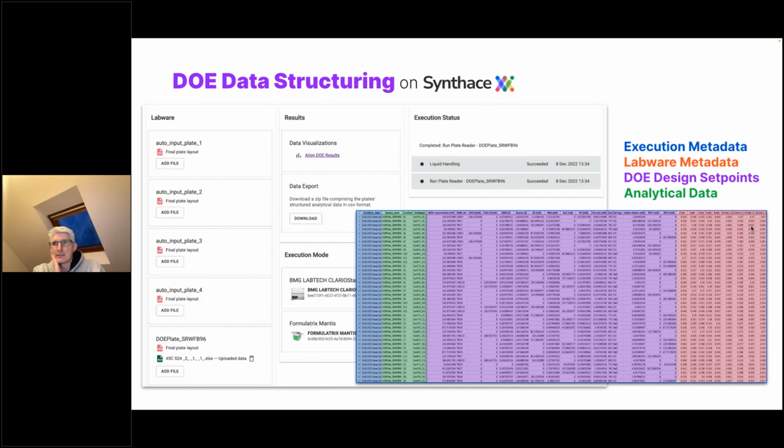Now, this is a process which, from our own experience, can often take a very long time, especially for complex experiments. And it's a lot of, at its worst, copy pasting in Excel to get the data into the right format and into the right structure before you can then actually run your analysis on it to generate the models and see what's going on. So this facility to just auto structure the data is a dramatic